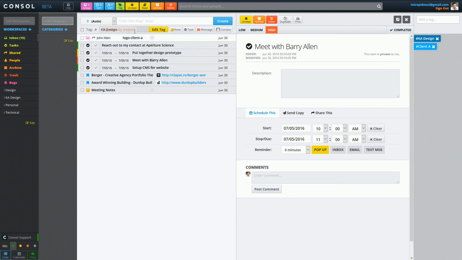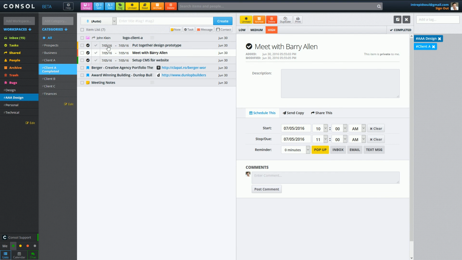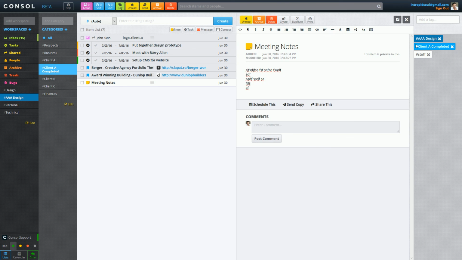I was doing some work before, and that tag actually exists in the system even though I'm not using it. So I actually need to name it to something else. Let's name it to AAA Design. There we go. Okay, I know I haven't used that tag. You'll notice that AAA renames right here. It renames right there. It renames over here. And if I activate it, all my stuff is still there,